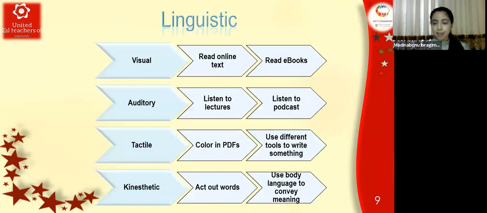And first, I would like to offer you some different types of activities. So here you can see types of intelligences and 4 different styles, like visual and auditory, tactile, and kinesthetic. So you can use reading activities, like you may ask your students to read online text, to read ebooks. For auditory learners, you can ask your students to listen to lectures or podcasts. And next one is tactile. For tactile learners, you can use coloring in PDFs,